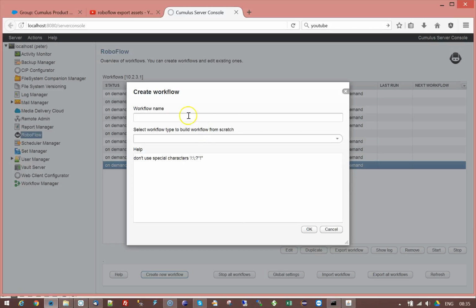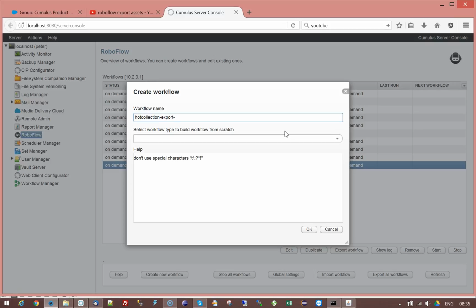So I'm going to say create new workflow. I'm going to call it a hot collection. That's the type of workflow we're going to use. We're going to query into the database to find the records we want to process. And in this particular case, we're going to use the trigger file to find the record to process. Hot collection means hot collection export